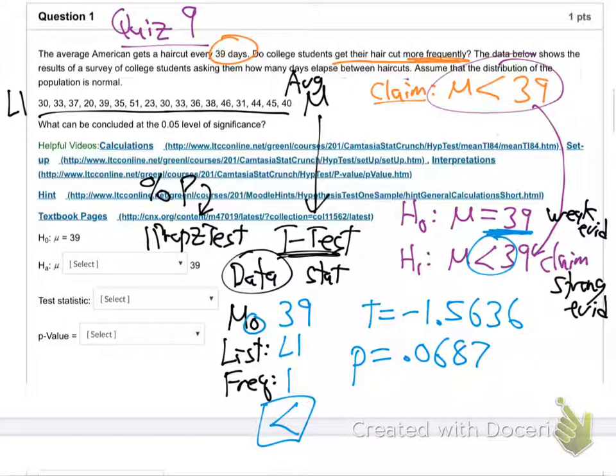Now, how do we draw a conclusion on this one? Remember, it's all about if the P is low, the null must go. So we've got to check, is the P low or not low? Well, it's compared to the significance level. What's the significance level? I don't see it. Where did they say it? Up in the beginning, usually somewhere. Oh, there it is. Yeah, 0.05 level of significance. So that's what you're comparing to. I'll bring it down here, this 0.05, bring it down there.